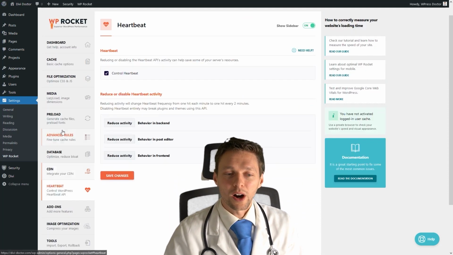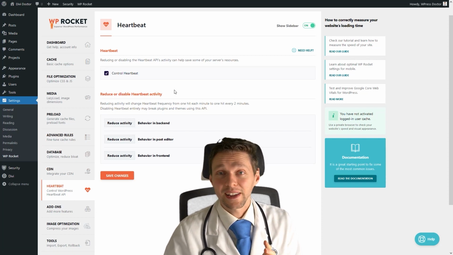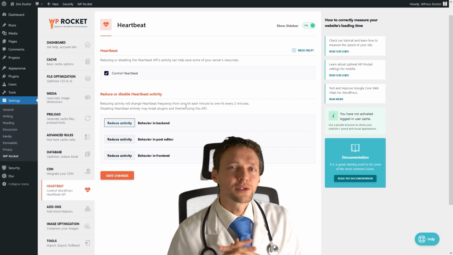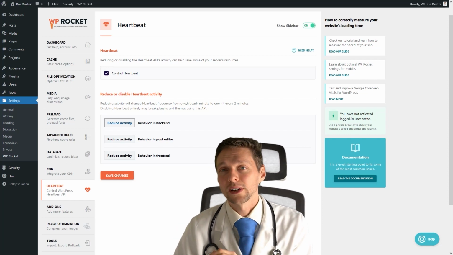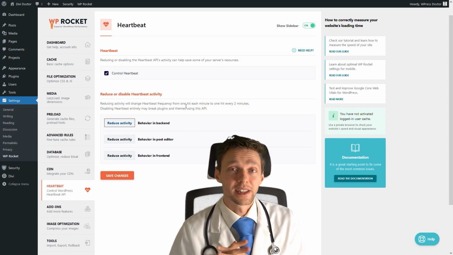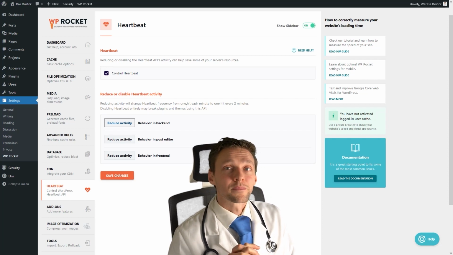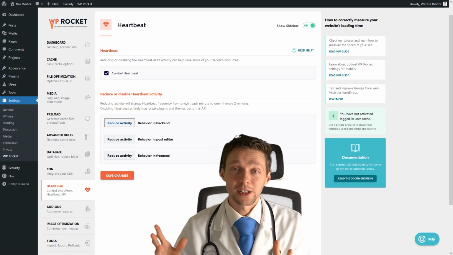Right, let's go down to Heartbeat Control, WordPress Heartbeat API. It's already on and that is great, just leave it on. Normally WordPress uses heartbeat every minute, but WP Rocket slows it to once every 2 minutes. So that's a slowdown of 100% and it really works by reducing the load on your server, so it speeds up your website.